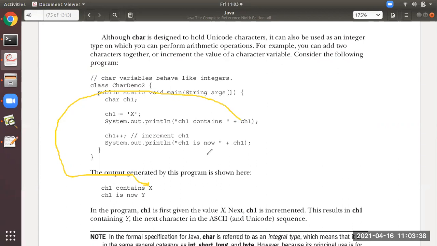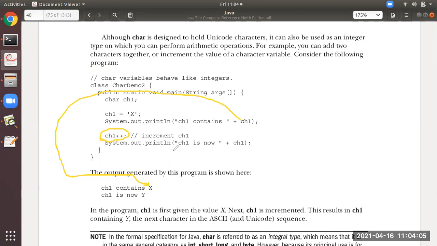Then what about ch1++? ch1++ is the point to remember. As I said, ch1 equals X. X has the ASCII value 88. ch1++ means 88++, so it will become 89.